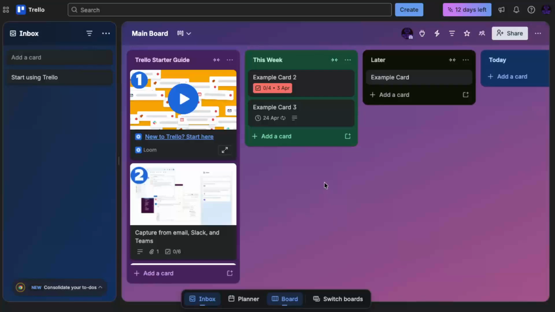In today's video, I'm going to teach you how to create Trello tasks with AI. We'll walk through how to turn your rough notes or ideas into a clear, structured task inside a Trello card, using the built-in AI writing assistant. By the end, you'll know exactly how to go from a messy brain dump to a polished task description with